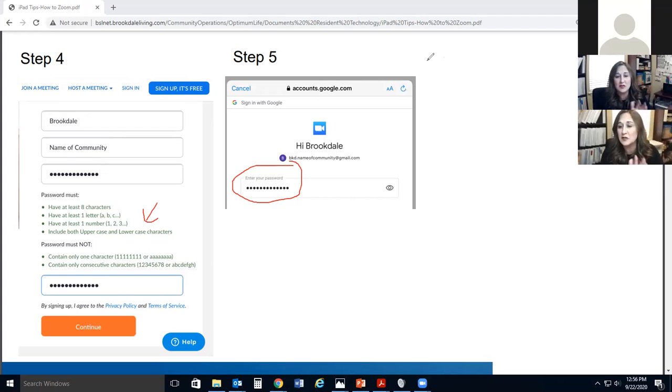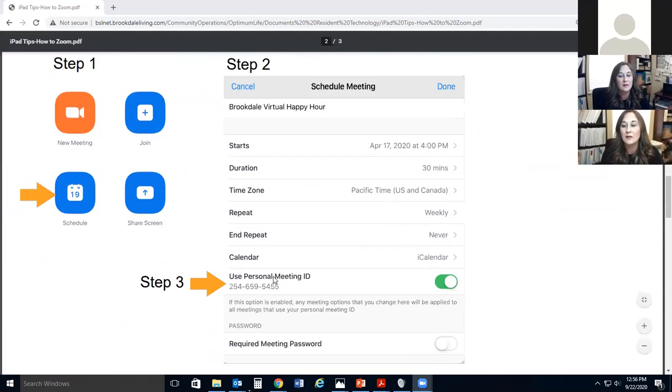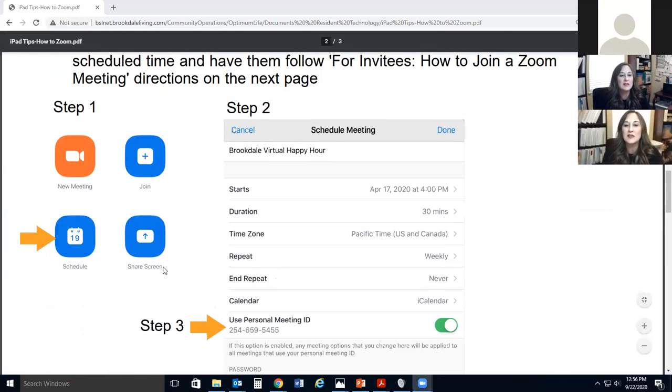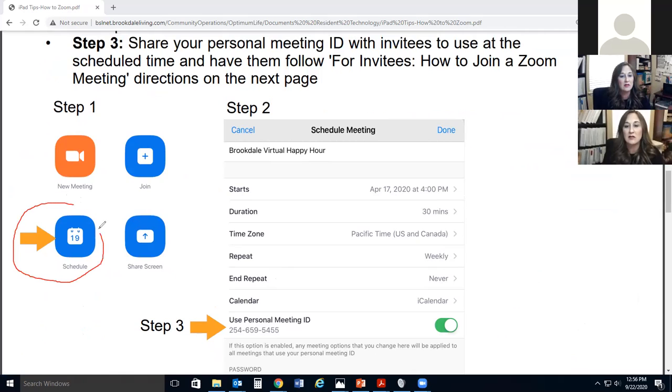All right, once you're ready, you've gotten in, you've set up your account and everything, you're going to want to try it out, right? So what you're going to do is you'll click on to Zoom. Once it opens up, you'll go onto Zoom, and then you'll hit schedule meeting. So once you hit schedule, it'll pop up, and Zoom will want you to enter the demographics for your meeting. So what day it starts, what time it starts, how long the duration is, which time zone you're in,